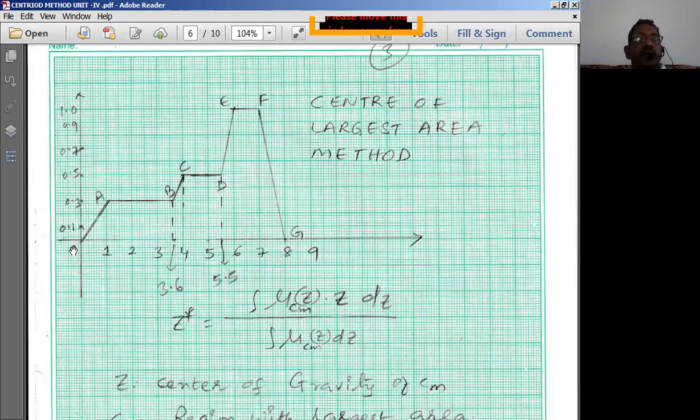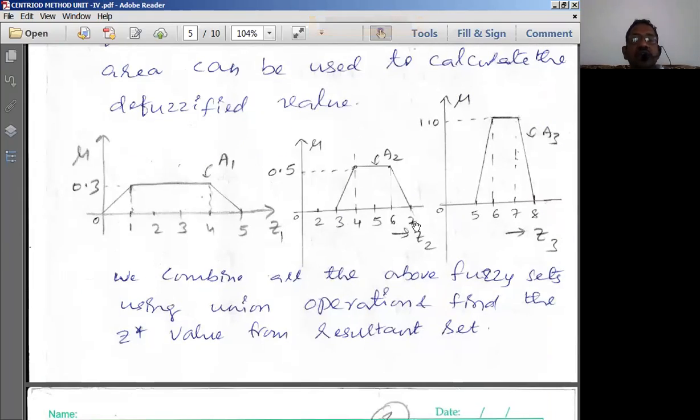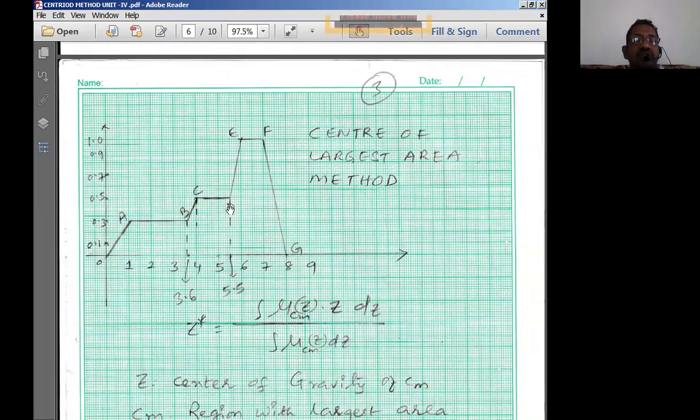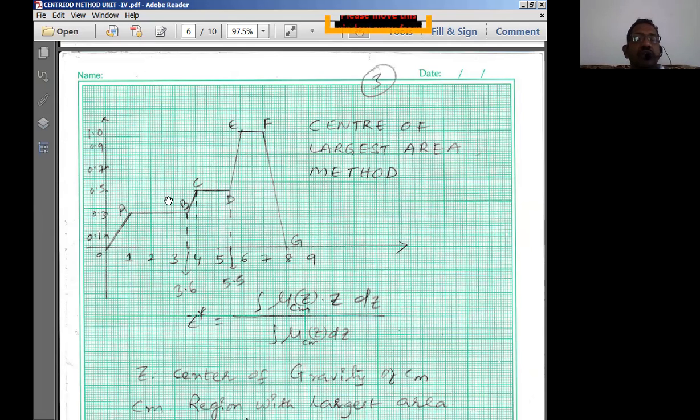So in this graph paper, I'm going to write this Z1. The Z1 is ending at 5 actually. When you extend this, it extends up to 5. The second function is starting at 3. So therefore it starts from 3, and it is ending at 7. When you extend this, it ends at 7. The third one is starting at 5 and ending at 8. So when you combine all this, you get this kind of a function. All right. So when you draw this carefully